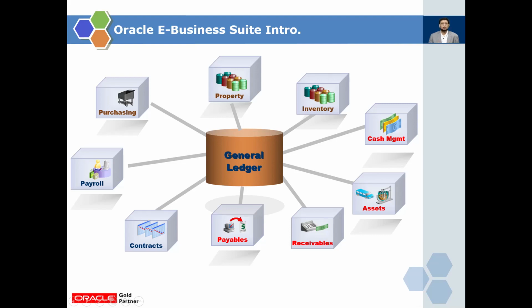Mostly every transaction has accounting information. Accounting information is created in the sub-ledger module, which is at the end transferred to the General Ledger module. And from the General Ledger module, the management or the accounting people build the financial statements, which the management uses to analyze their business health.